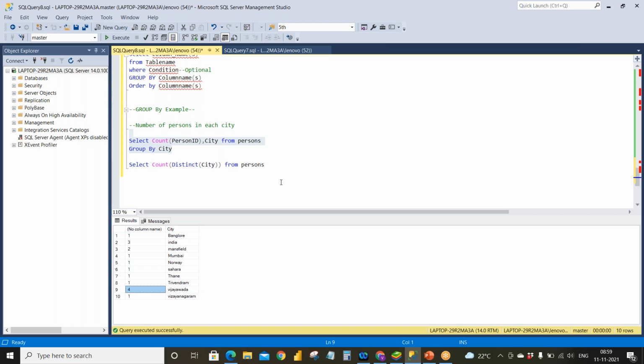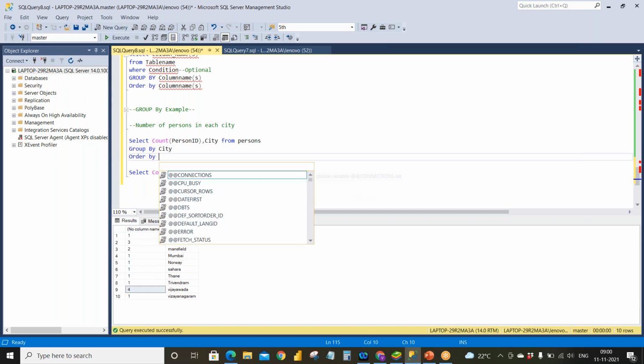In a similar way you can get the number of orders from some location, and you can also get the data of any person who is doing more than $500 every day. Now, suppose you wanted to know the city with the highest number of persons, then you can simply use ORDER BY.